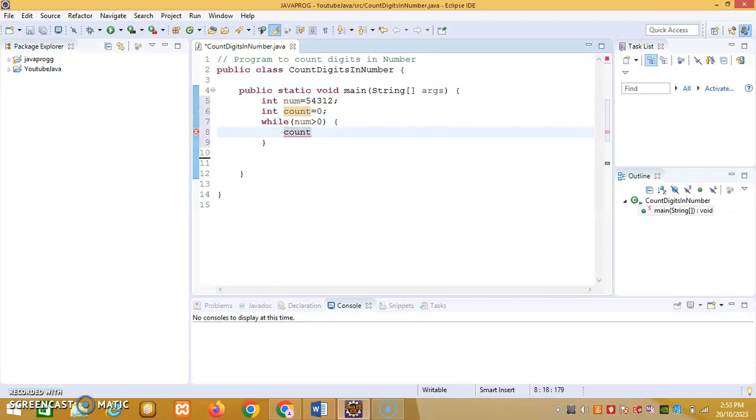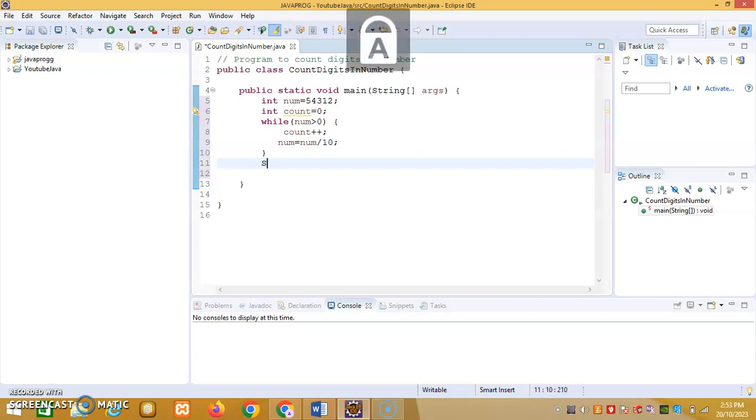Increment the counter, and then change my number to num equal to num divided by 10. And this loop will iterate for 5 times, and once I come out of this loop, the value of count will give me the count of the digits